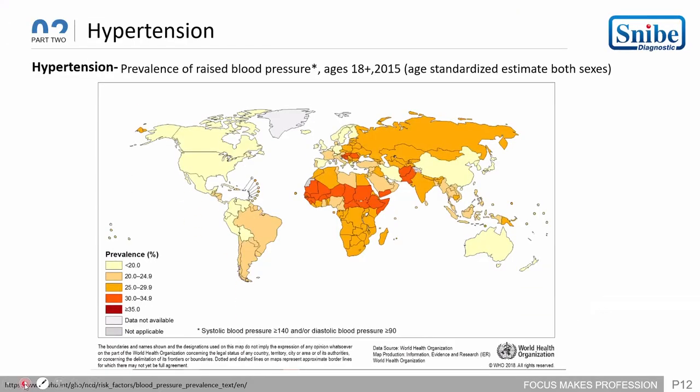So if we talk about the global prevalence of hypertension, that's high blood pressure in some patients. So if we go to